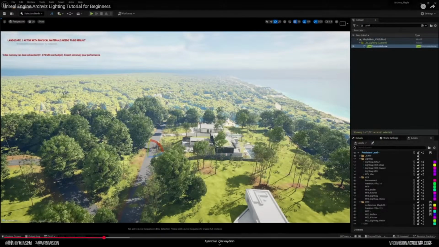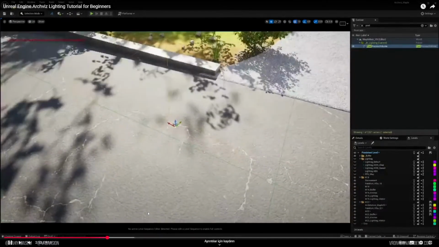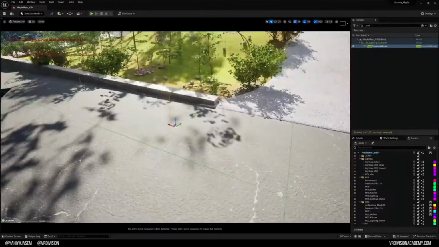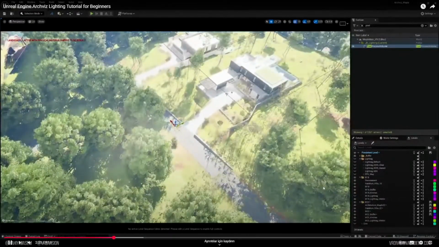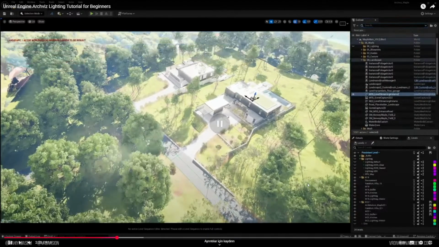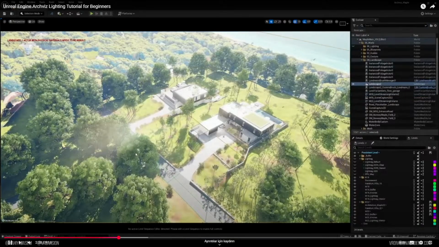You can press F to focus selection, then press G if you don't see it to toggle game mode. I'm holding Alt and left mouse button to orbit, right mouse button to zoom out, and you can have multiple options. You can either scale it to the size of the house if you want, or you can make it global. In this case,